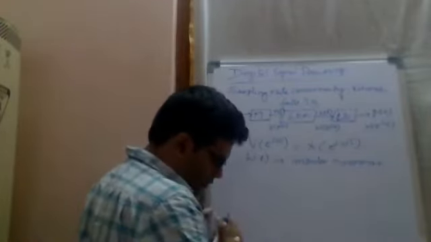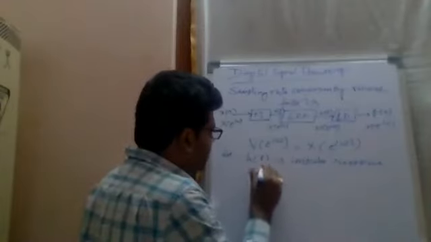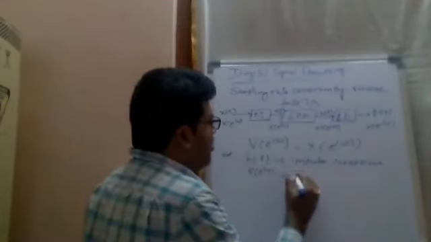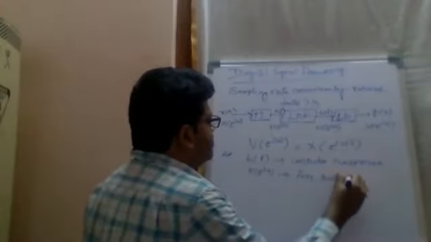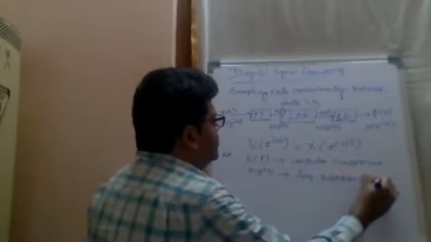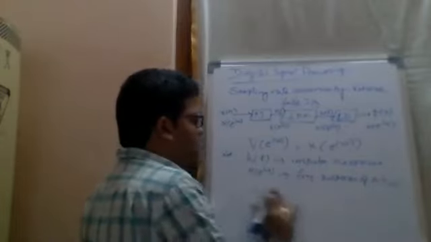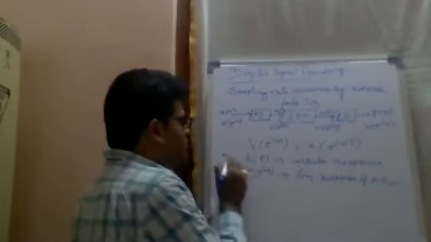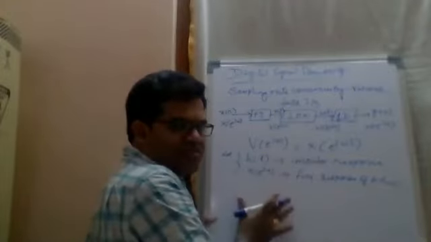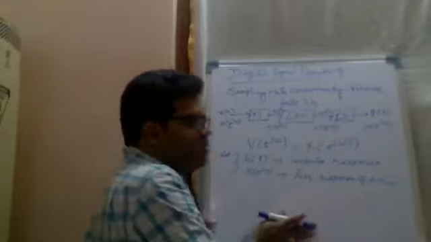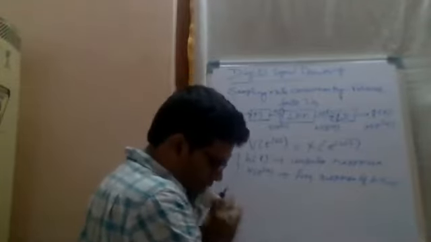H of e power j omega is the frequency response of the filter. Try to understand, I'm talking about the filter. So the considerations are with respect to the low pass filter. H of n is its impulse response and H of e power j omega is the frequency response of the filter. Now,